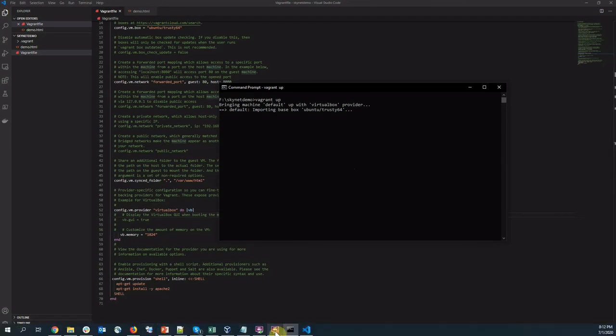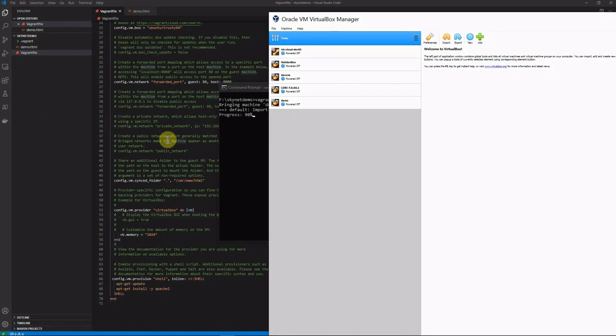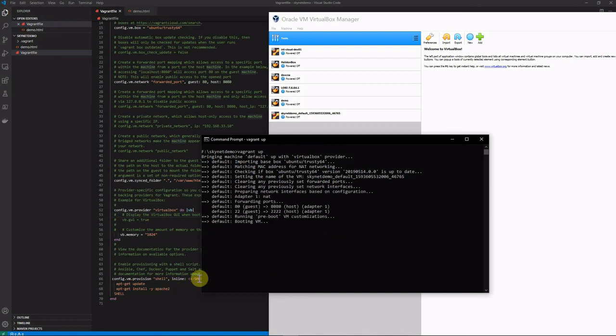So now this will create a new box. I have opened our VirtualBox also. You could see a new box has come. Okay, so this process will take some time, because using shell provision we are updating the Ubuntu box as well as installing Apache. You can also use Chef or Ansible. And if you have any shell scripts that make the provision, you can specify your shell scripts over here instead of giving commands over here.